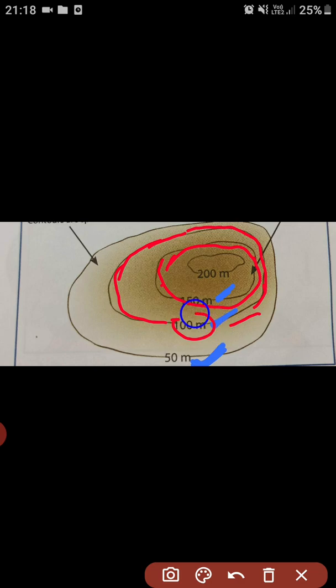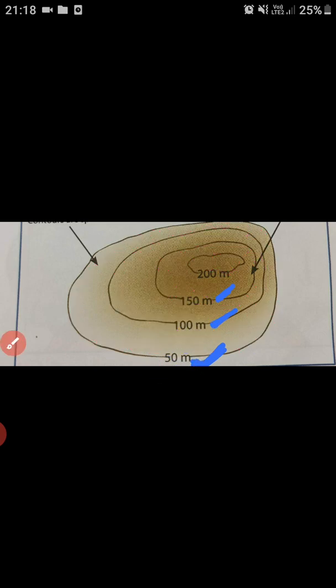Height is written in between, like 100 meters, 150 meters, means it is going upwards. And now this is 200 meters height. These lines are indicating, and this line is indicating the locating of places which are at equal height, that is all these places are having 50 meters height. So they are used to interpret the landforms, their slopes, and the relief features.